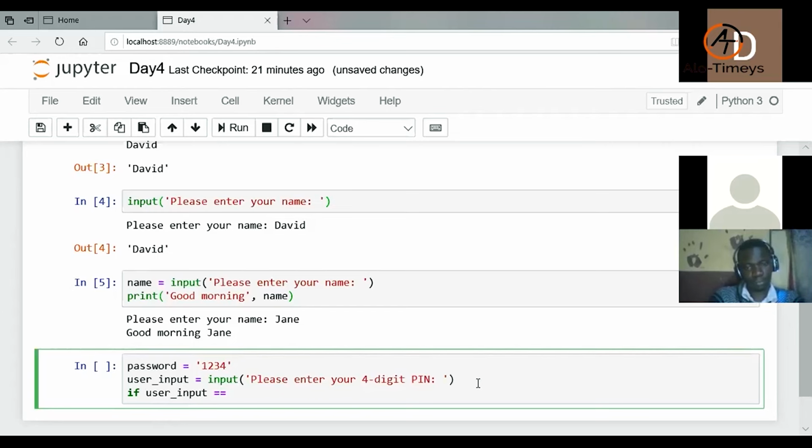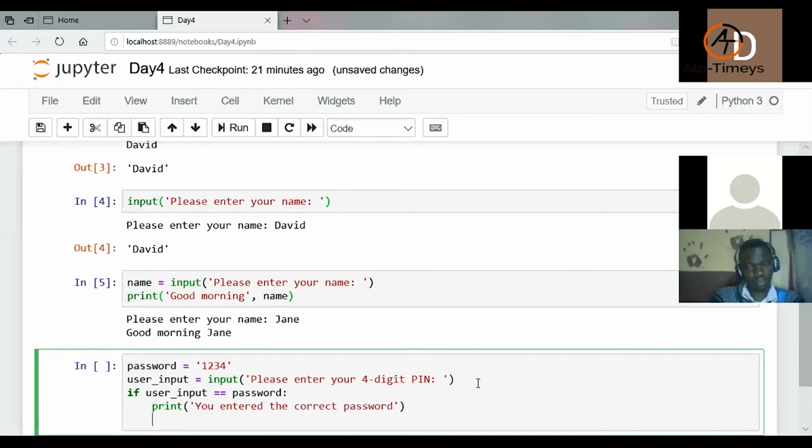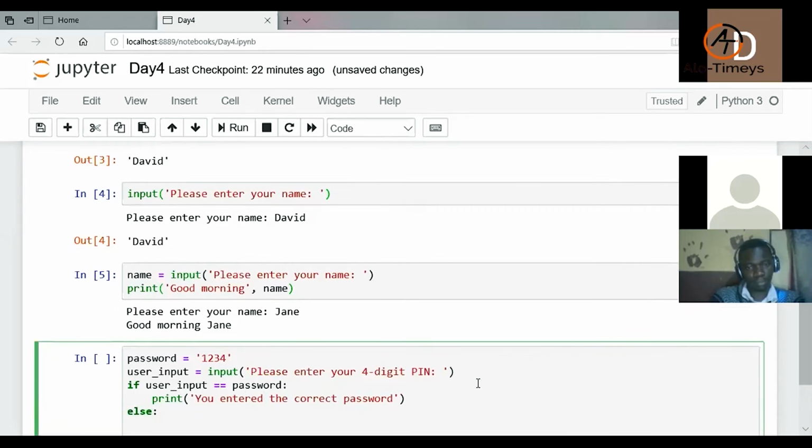So if user input is equal to password, then I can say print you entered the correct password. But if it's not, I can put an else statement and say print you entered the wrong